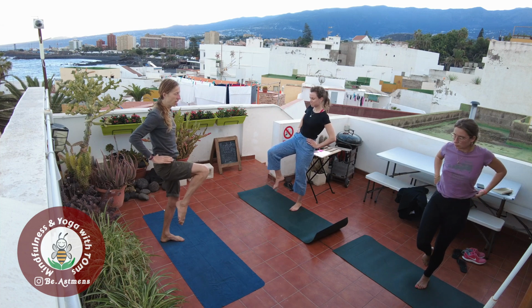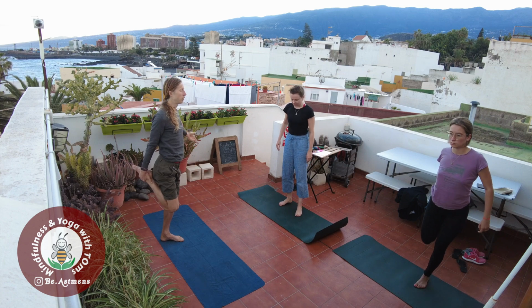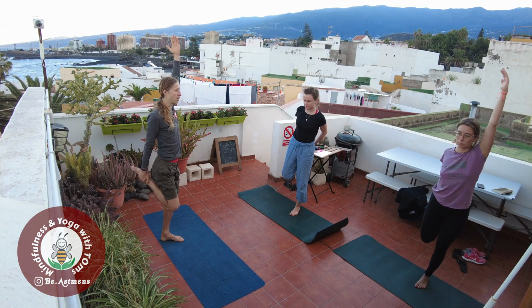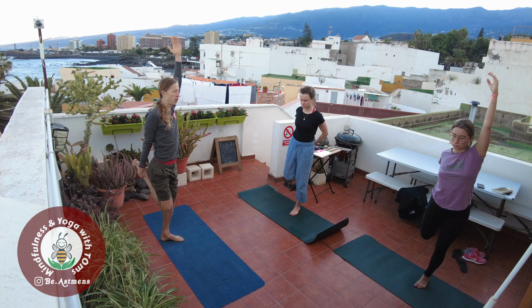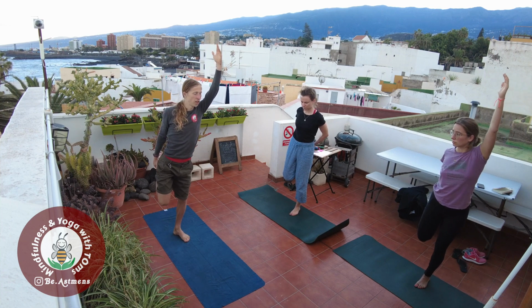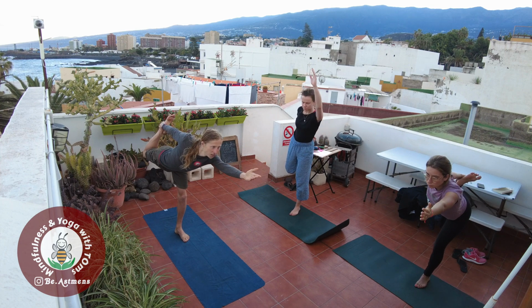Bend your right leg, grab it by the ankle, bring your knees together. With inhalation, lift up your left arm up to the sky. Option 1, you can stay here and just balance. Bring your knees together, your right heel towards the ground. If you want to be a bit more playful and try to see if you're strong enough, you can forward bend into the dancing warrior and hold it for 5,